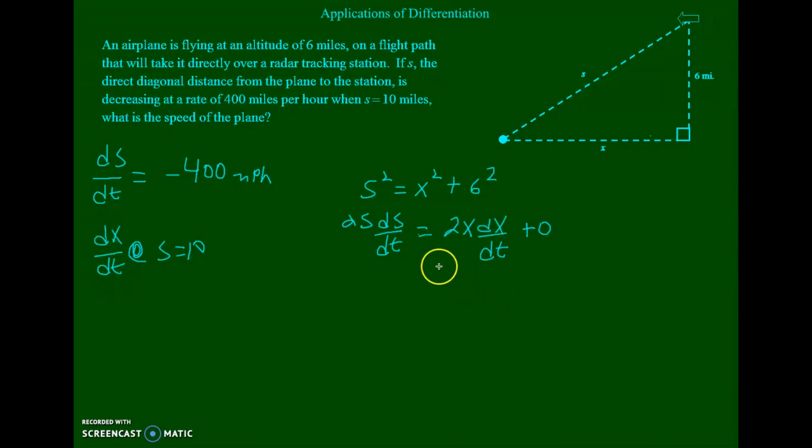Now we're going to substitute our values. We see that ds/dt is negative 400 and s is 10 at this point. We have 2 times s, which is 10, times ds/dt, which is negative 400,